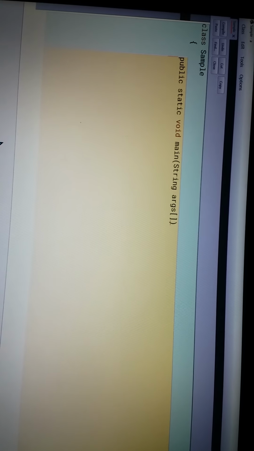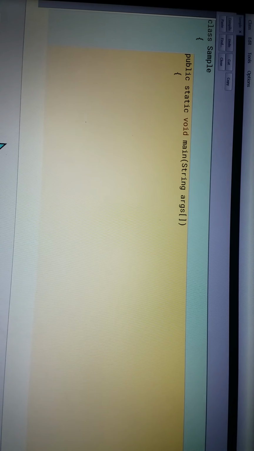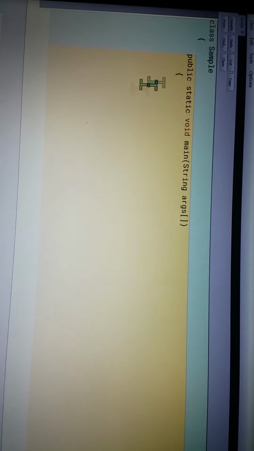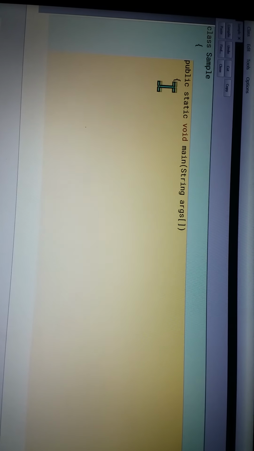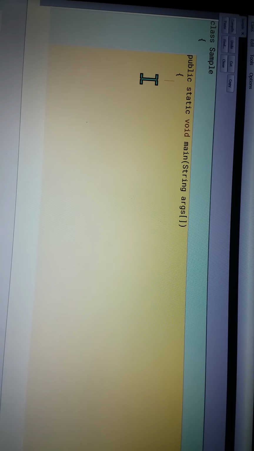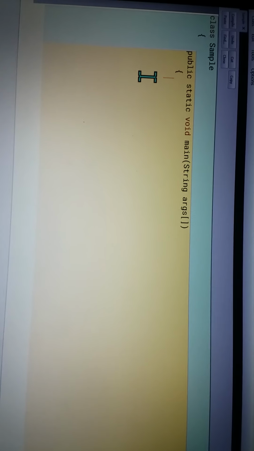Now enter. Now I will again give some spaces, 4 to 5 spaces, and a curly bracket, then enter. Now you have to write the body of the program. So I am telling you a simple Java program.